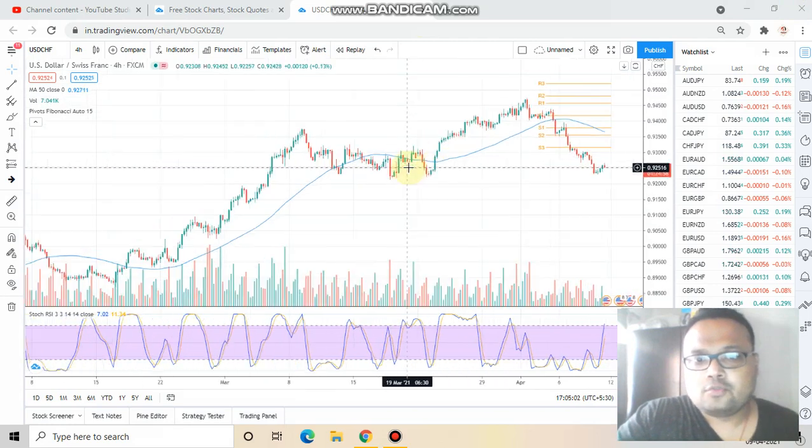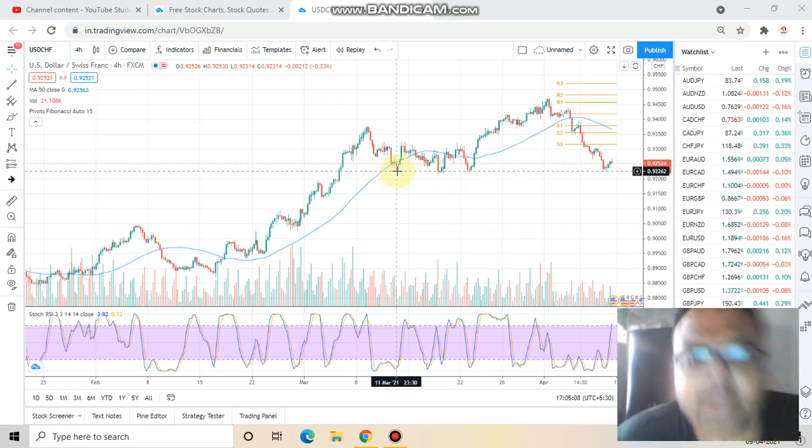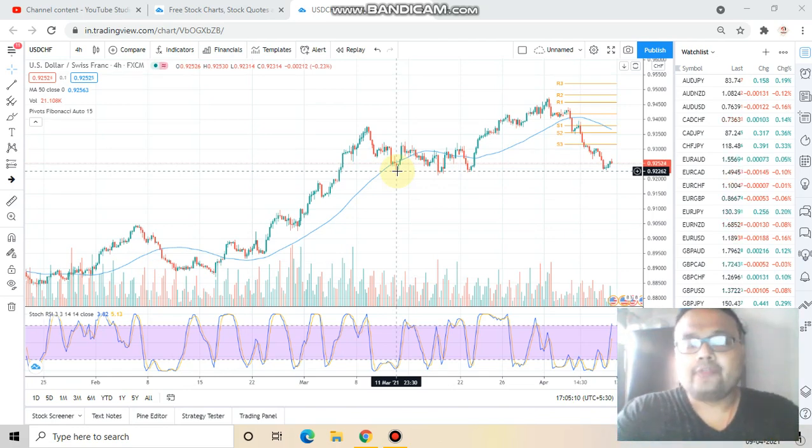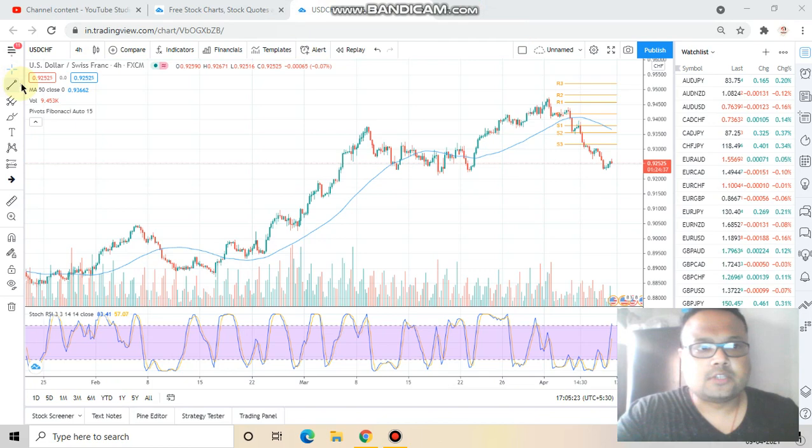Let me zoom out the chart to show you the overall trend of the market, and as you can see, the overall trend of the market is very much bullish. I have already discussed in my previous videos that USD CHF is in a very much bullish trend, and when the market was falling yesterday and the day before yesterday, I told you that the market has good support